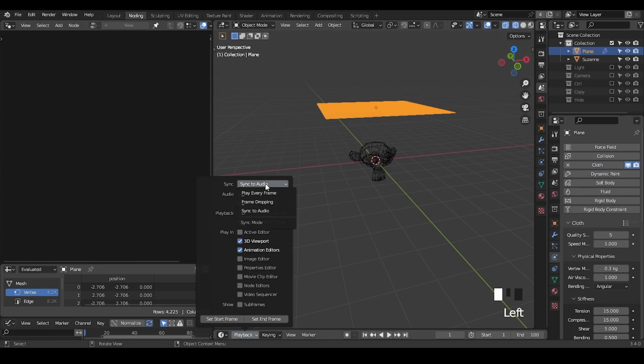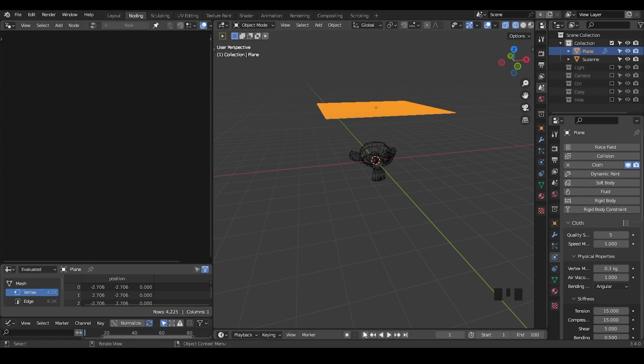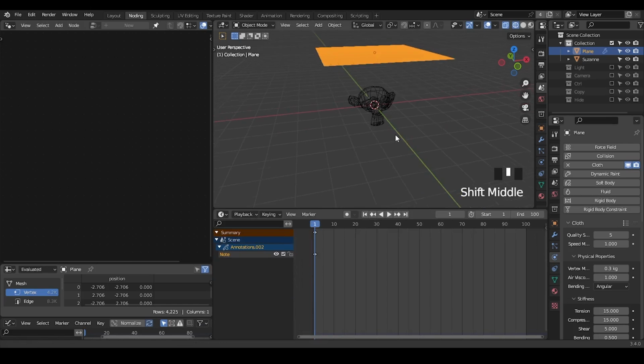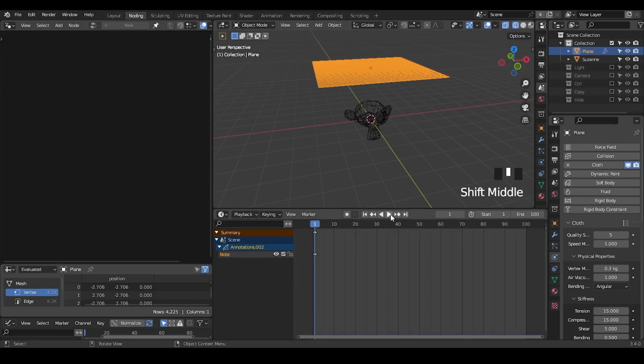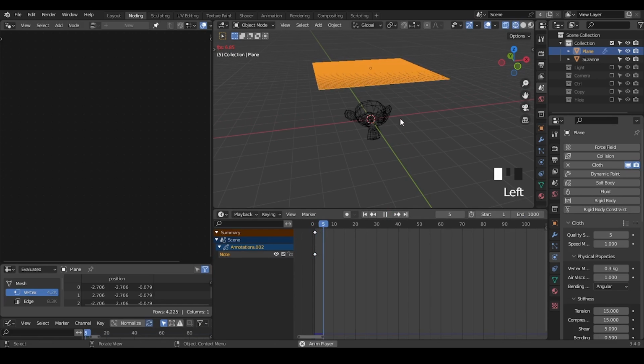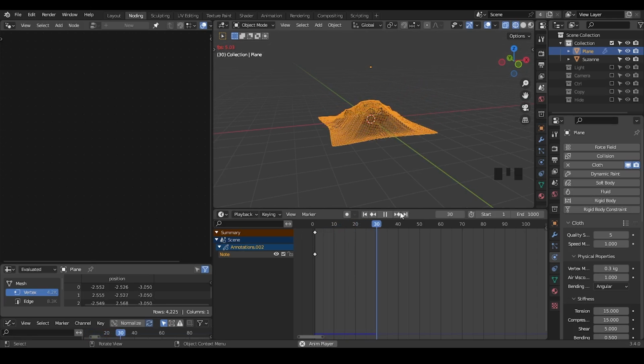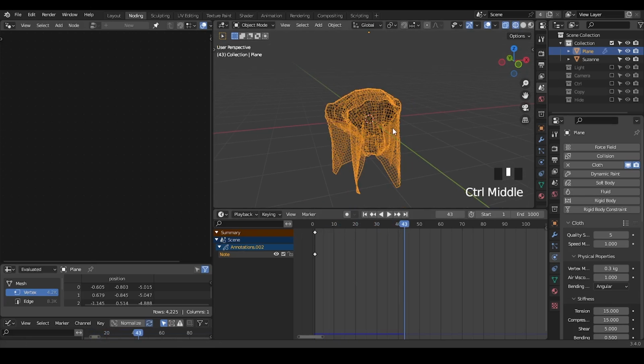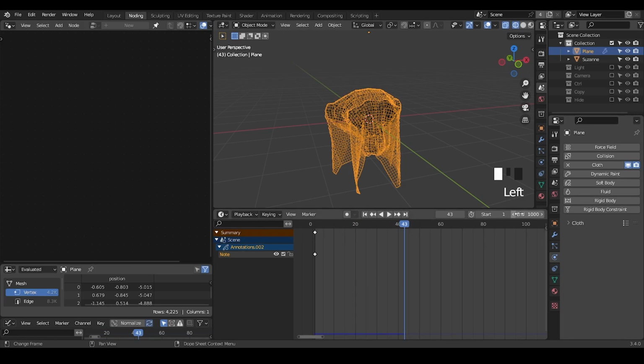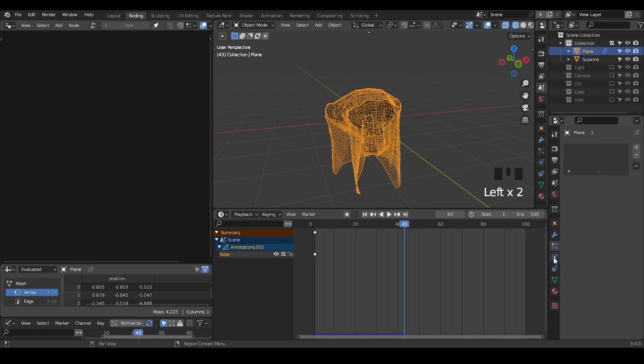Personally, I have this set to sync to audio, but it should be play every frame in order to make the simulation work better. Now if I try to play this animation, let's take the end frame to 1000. Then we can see our plane is dropping and colliding with our Suzanne head. So this is just a simulation, and we can bake it. Let's take that back to 100, and we can bake this simulation